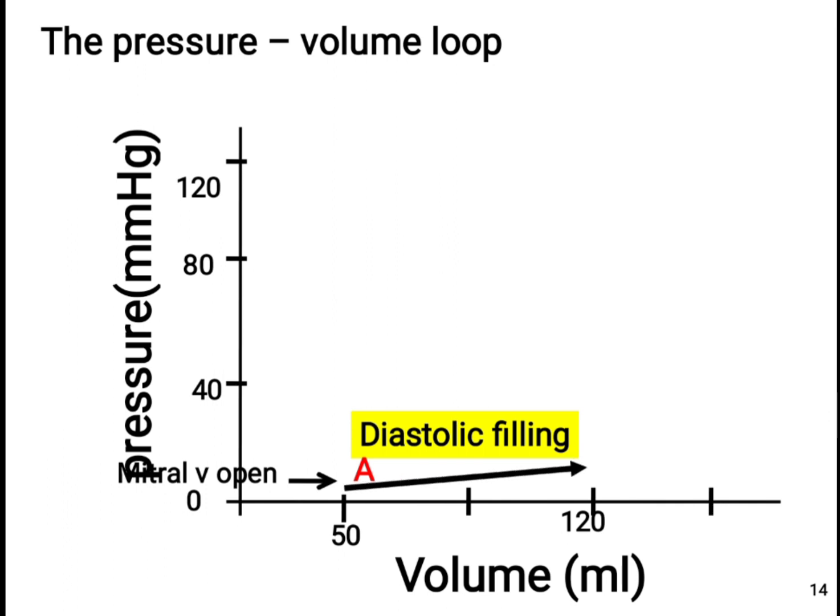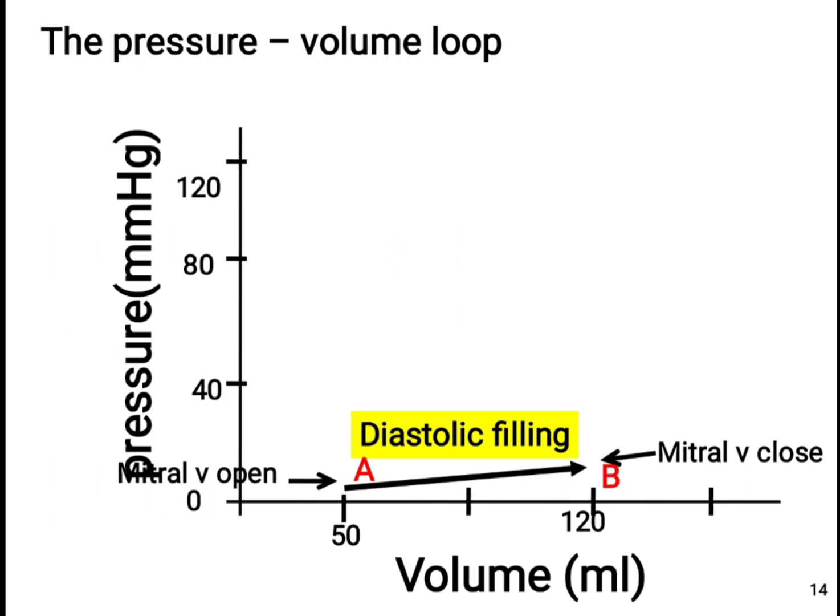So we usually see the volume slightly increasing. Now, when you look at B, the volume in the ventricles has increased, but there is no significant increase in pressure. You can clearly see that during this period of refilling, we don't usually see much change in the pressure in the ventricles. It is just a slight change, but volume is